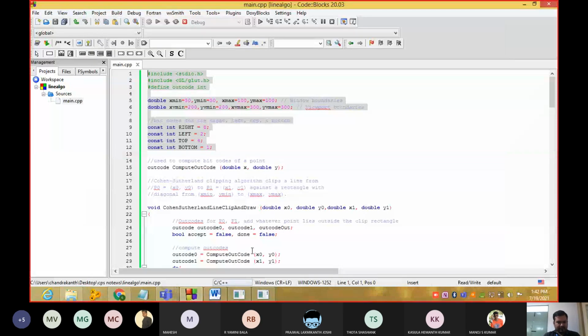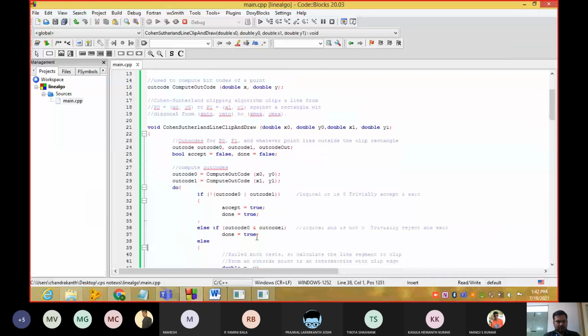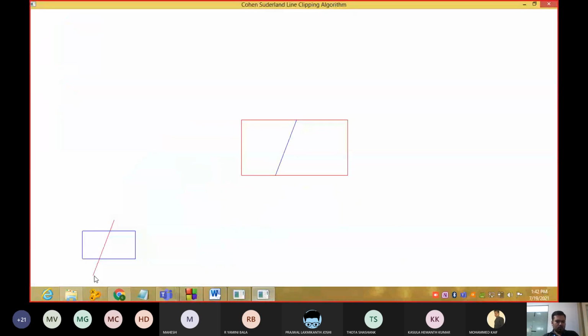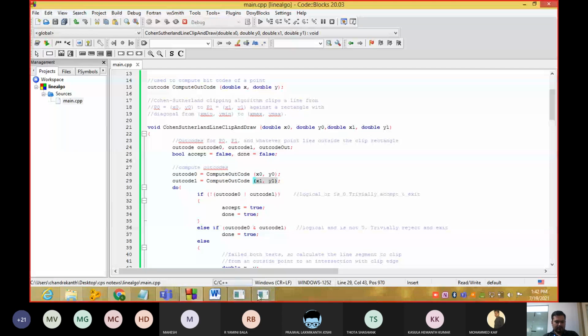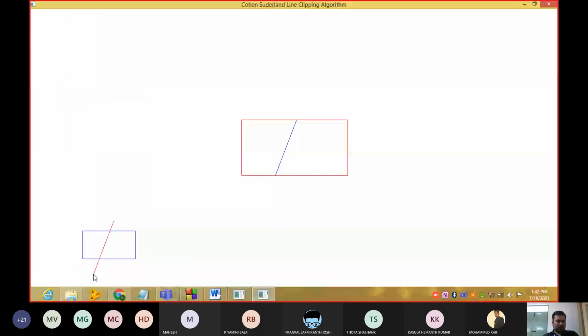So next what we need are the values of x naught and y naught, that is x0, y0 and x1, y1. So outcode 0 means one point of the line, and outcode 1 means the other point of the line, because the line has two vertices. This will be outcode 1 and this will be outcode 0. So this will be x naught comma y naught and this will be x1 comma y1. Okay, go through this one. See guys, for you people, this will be x naught y naught and this will be x1 and y1.